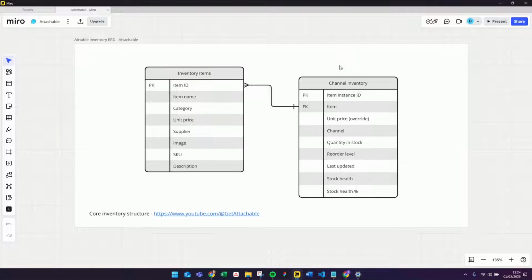Then the second table is the place where you really bring in that multi-channel aspect of the system. Basically, this is a table which contains records for each item across each channel, so each instance of an item on a different channel. You can see in that table you've got the item details, which are connected into the original table, but you've also got things like a specific price that you might have on the channel, the name of the channel itself, so that might be Amazon, eBay, or Shopify,